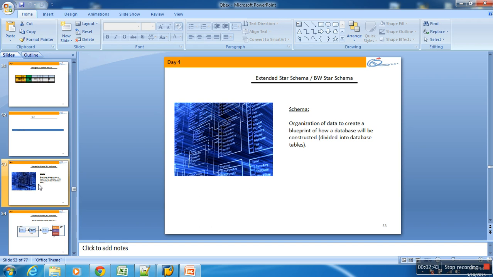But when you say multidimensional analysis, it should look like a cube, where you have 3D, 4D, 5D, 6D like that. But it doesn't store the data that way in the back end. In the back end, it's all tables. Any database has to store data in the form of tables. So they use a lot of tables and join them to form a schema. Once the schema is formed, it enables you to have multi-dimensional reporting in the front end.